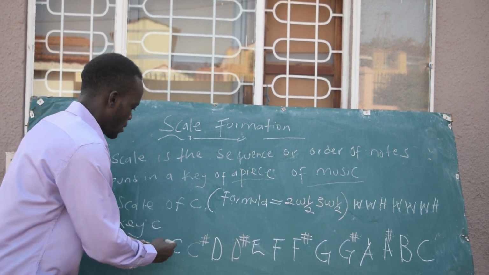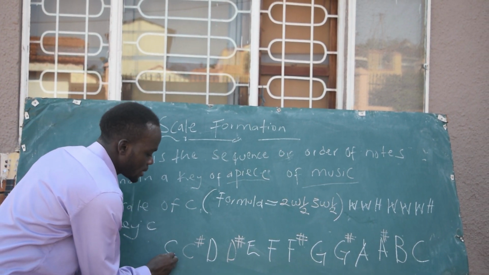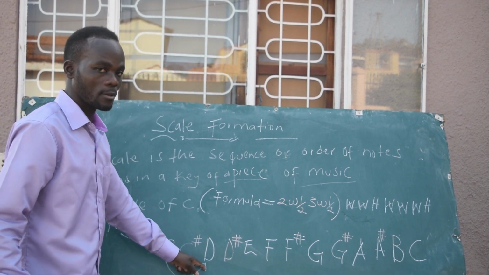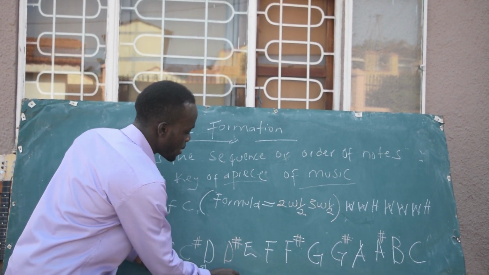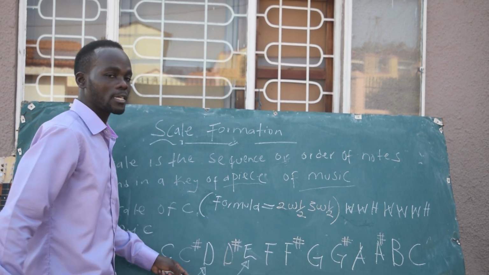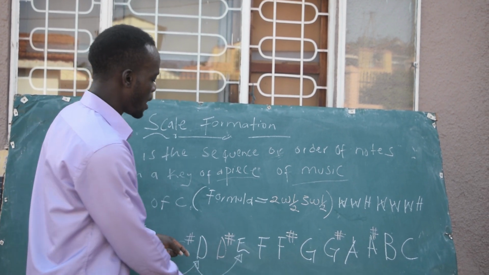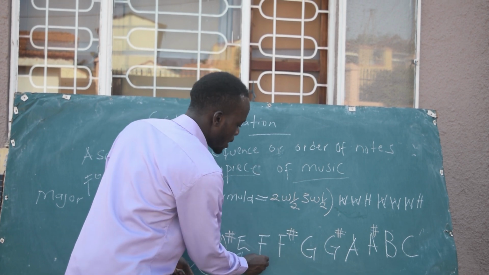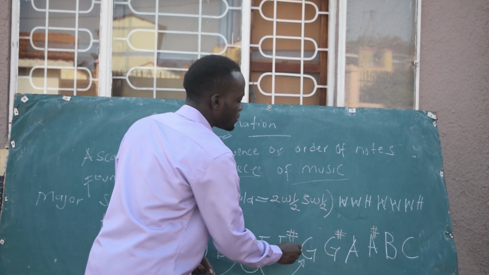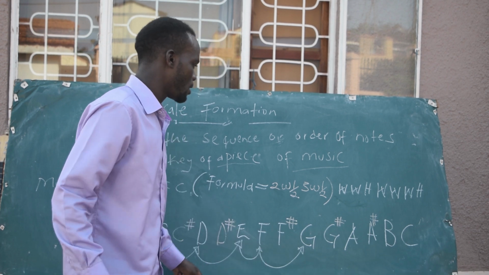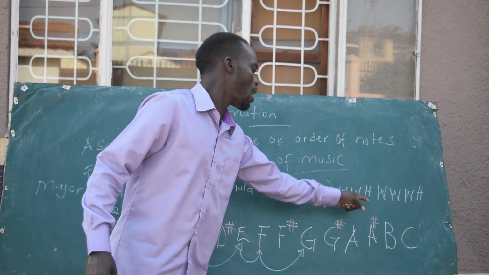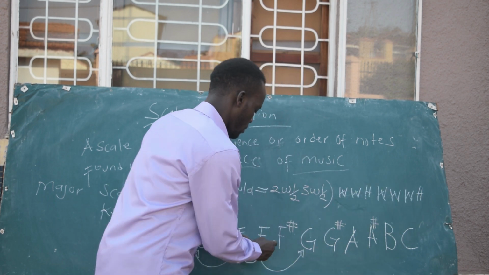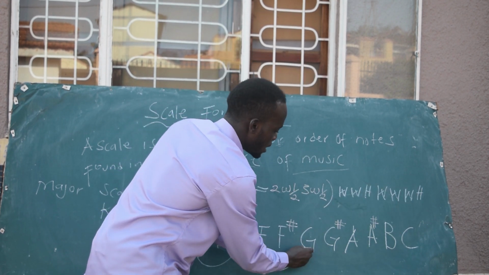So we are starting from here up to here. That's a whole step. Then from here up to here, that's a whole step still. You see? Then a half step. From here up to here, that's a whole, right? Because now we've already made whole, whole, half. Then we start again: whole, whole. We have already made one, then this is the second,